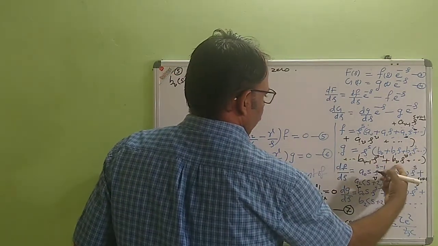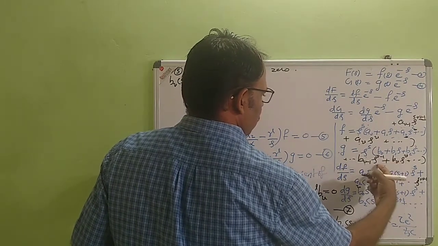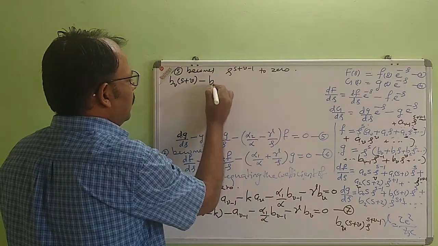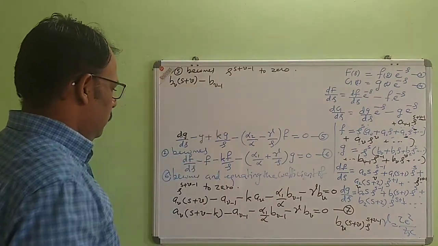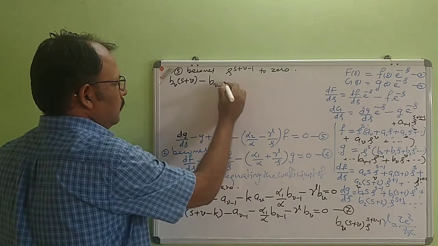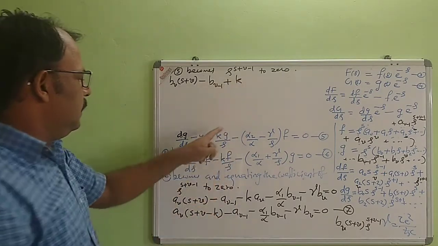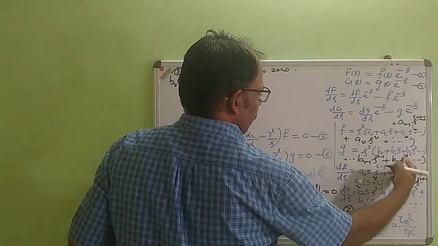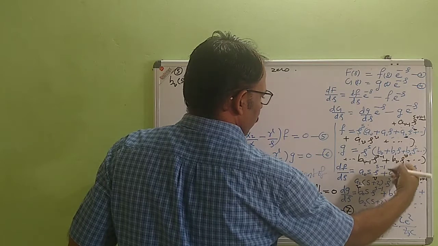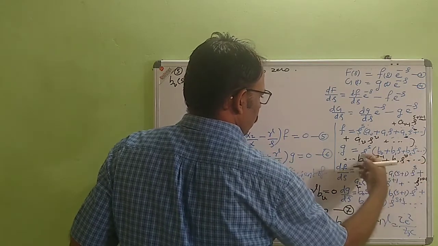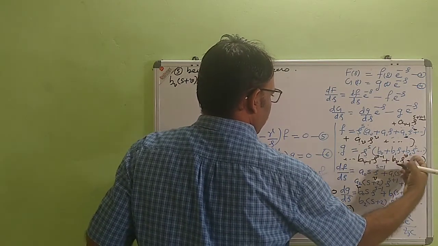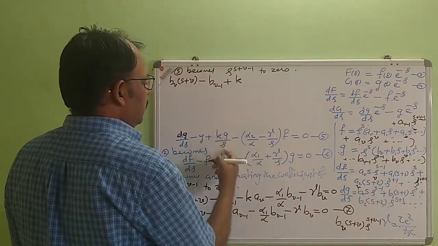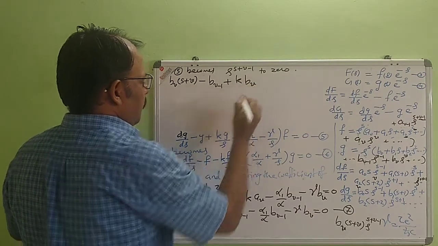In this equation, the coefficient of rho raised to s plus v minus 1 will be B v minus 1, so here minus B v minus 1. Now plus K G by rho. We are dividing by rho. Since we divide by rho, the term will be rho v by rho raised to v by rho, so it will be rho raised to v minus 1 into rho raised to s. So rho raised to s plus v minus 1, this coefficient will be B v, so plus K G by rho, so it will be B v.